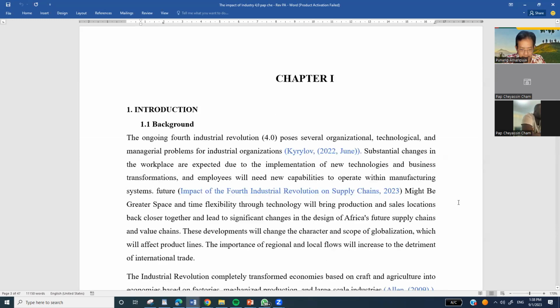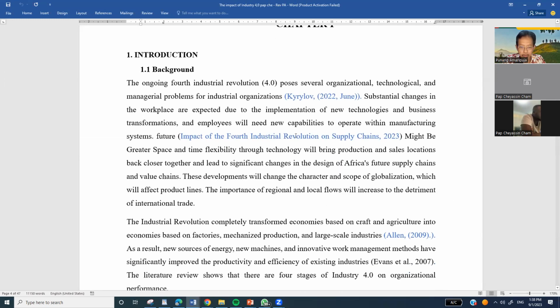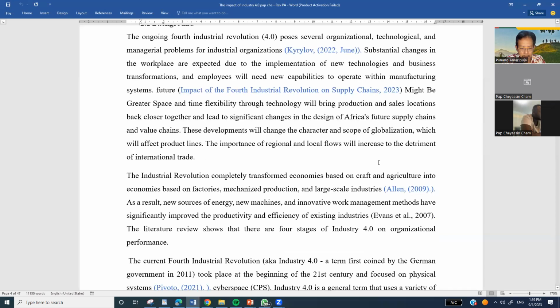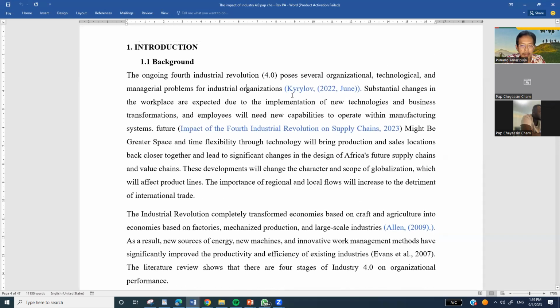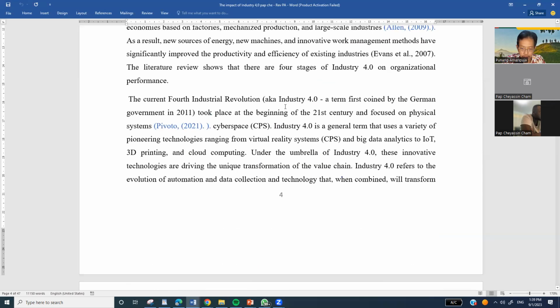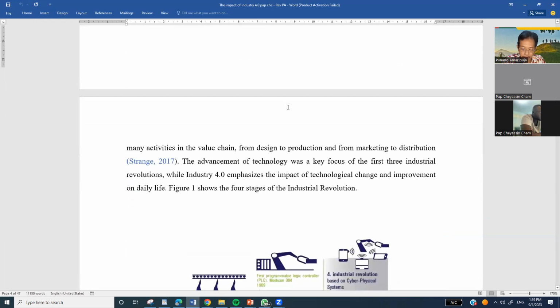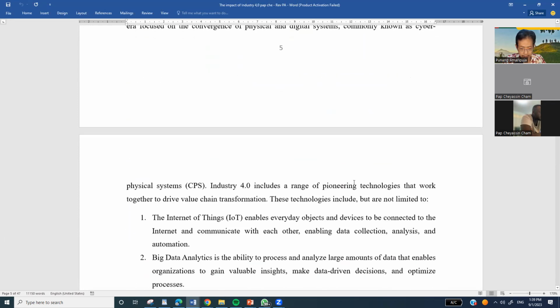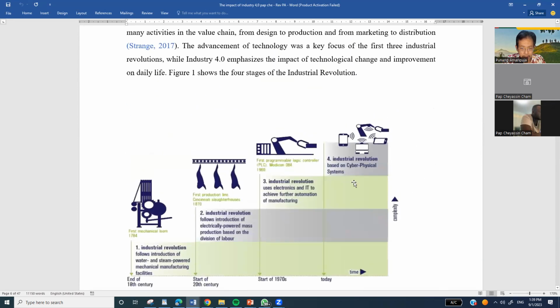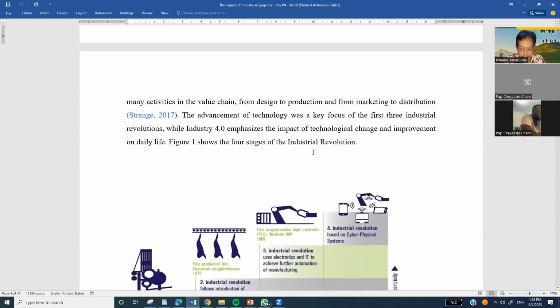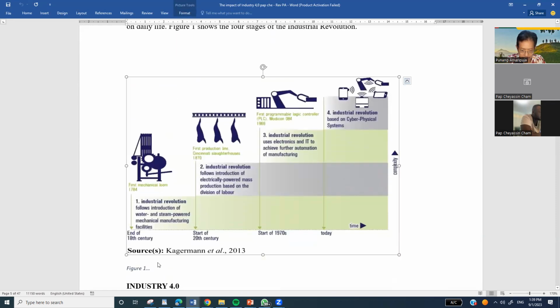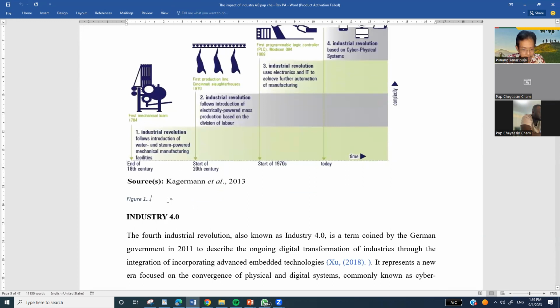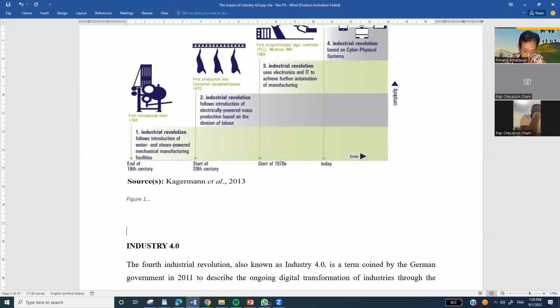Now let's see the background. The background, you would be talking about the Industrial Revolution. Okay, if you're talking about industrial revolutions, you might as well talk briefly about this. You've put it here. Yes. Did you? Okay, but yes, right. It's better since you have this. It's better that you explained it. So what is Industry 1.0, 2.0? Put it into words.